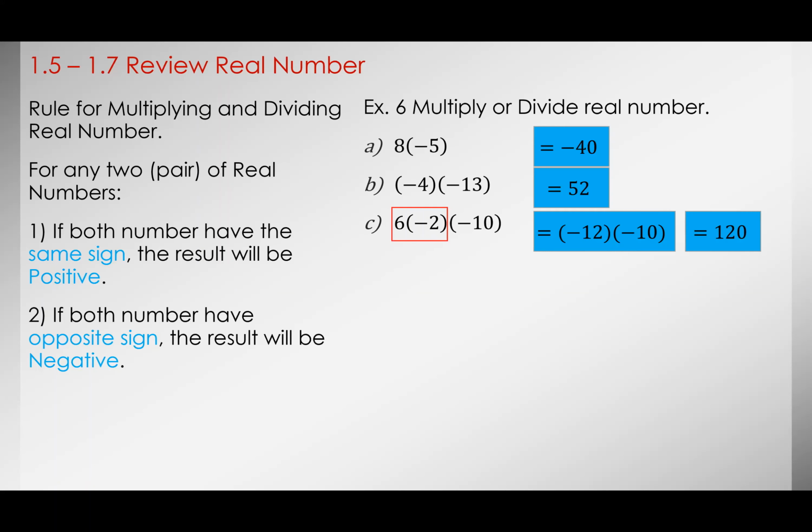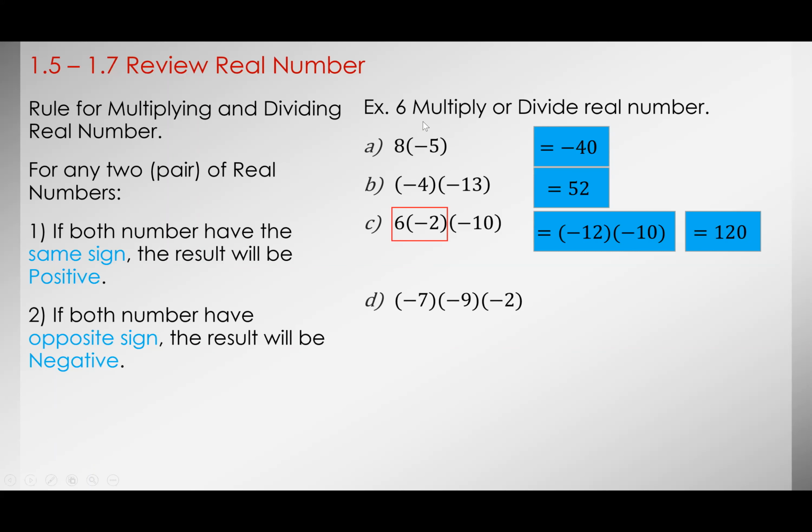And whoever say, oh, Mr. Tran, I did not do what you did. I take a -2 times a -10 to give me a positive 20, and positive 20 times 6 to give you a positive 120 is fine. Multiplication is associative, meaning, again, no matter how you multiply them, 3 times 4 times 5 is the same as 5 times 3 times 4, okay? So looking at this thing here,